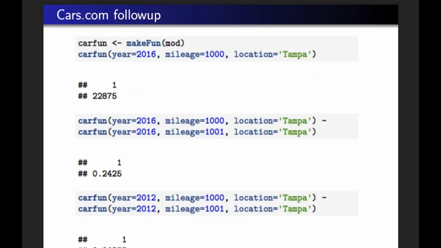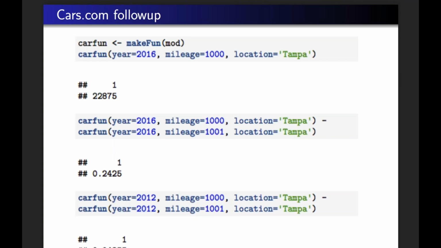The mosaic package really does facilitate students querying models. It takes on this modeling approach that Danny Kaplan has so ably demonstrated. The makeFun function is not something to be thinking about humor, but it allows us to turn a linear model object, in this case mod, into a function that we can query. Again, this looks very similar to how students have looked at functions on their TI calculators in high school. When we say evaluate car fun for 2016 for a 1,000-mile car from Tampa, it says the predicted value for the model would be